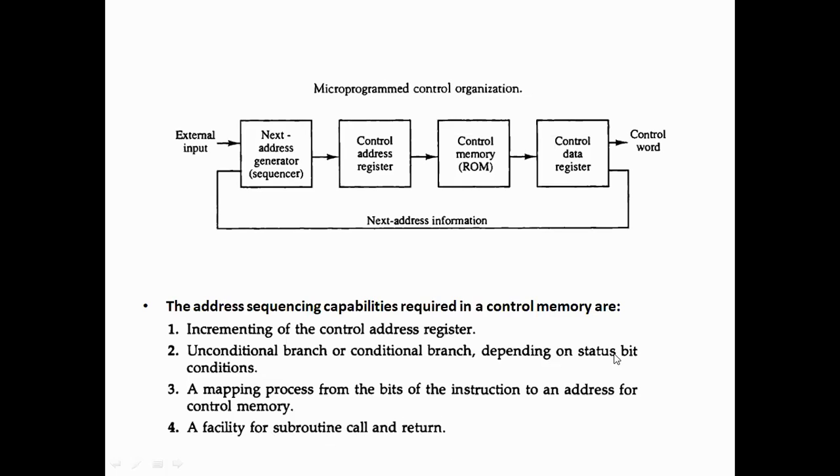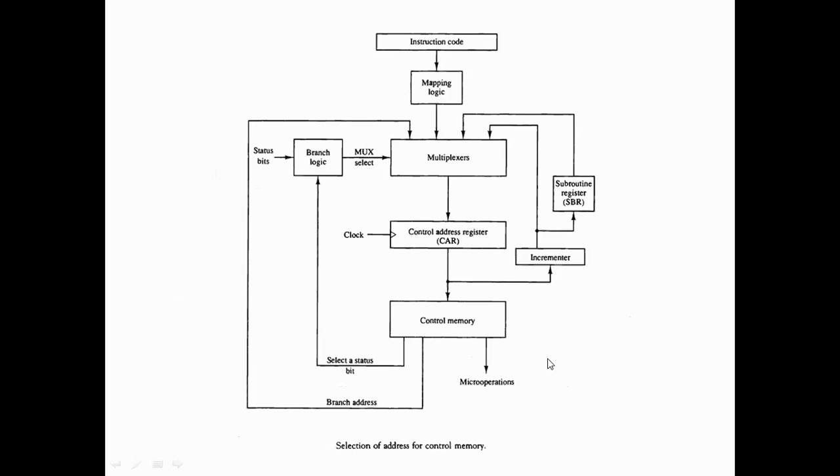This is also a possibility, and this may be depicted in a flow chart like this. So there may be four possibilities. The address in the control address register will go there, but this address will be generated in four different ways,